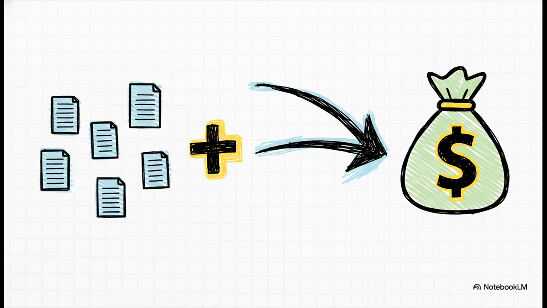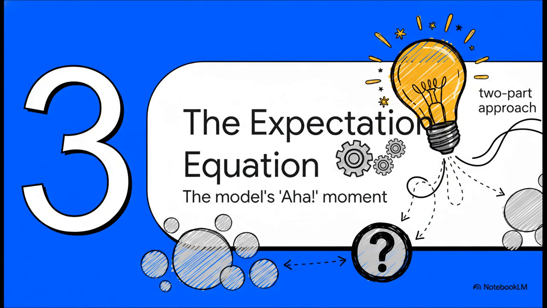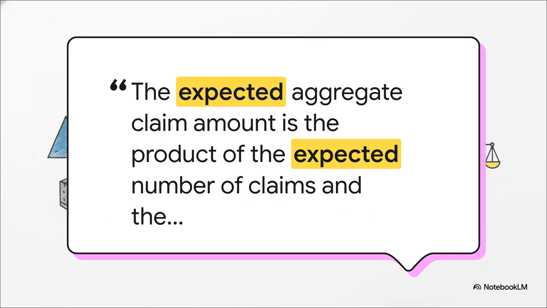So you see what we're doing? We model those two things separately, how many claims and how big the claims are. And then we just put them together to get the full picture. The total payout is just adding up all the individual claim sizes that actually happened. And this two-part strategy, this is where we get to the aha moment. It leads to this incredibly elegant and really powerful formula for figuring out the average total payout. Seriously, this takes all that complicated probability math and boils it down to something that just makes sense.